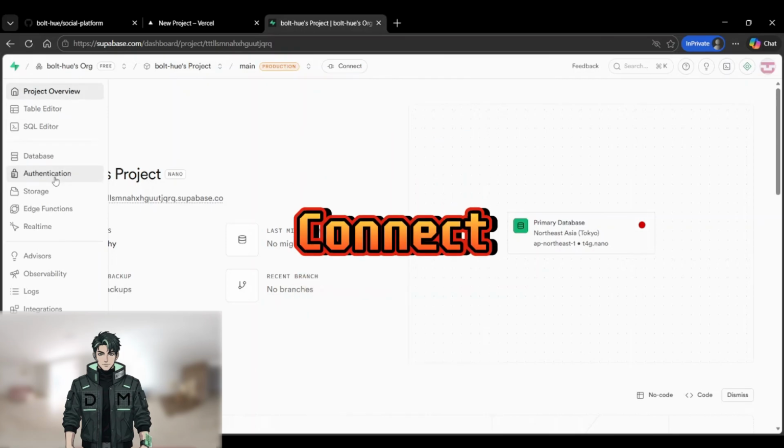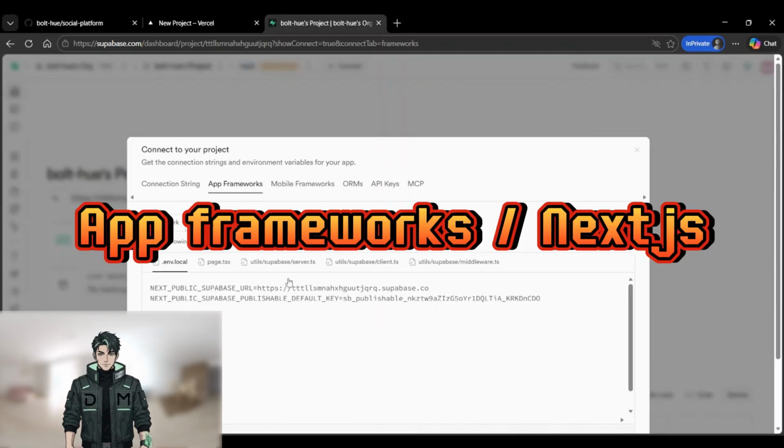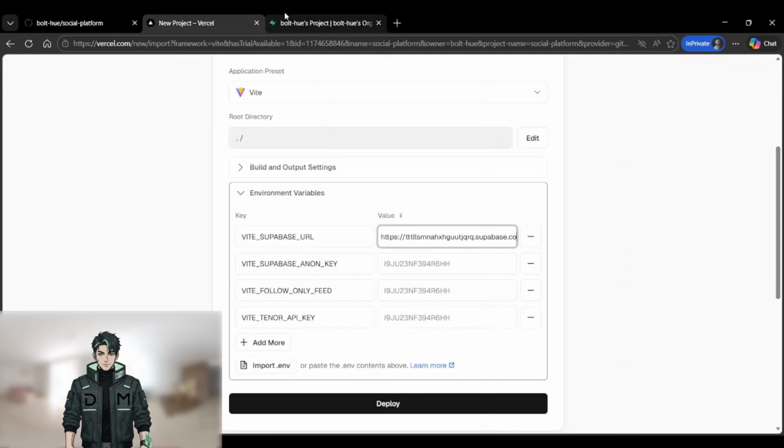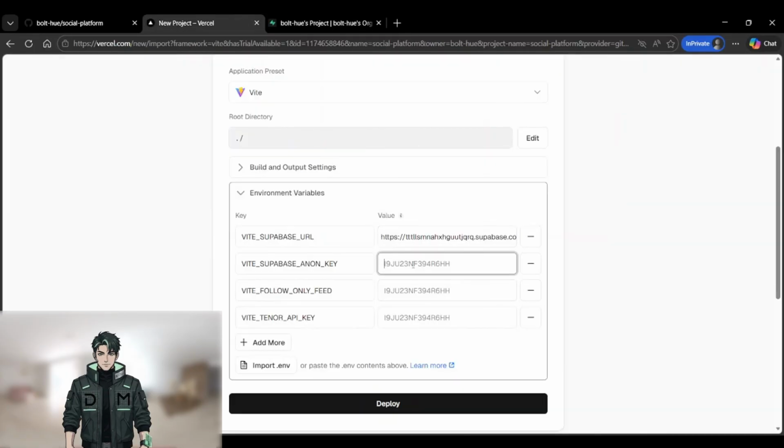So now, what I have to do is click on Connect. And I click on Frameworks next. And then you just select this, insert it in the URL, and the next one, you insert it in the key. So this variable right here is supposed to mean, as of now, if it's true,